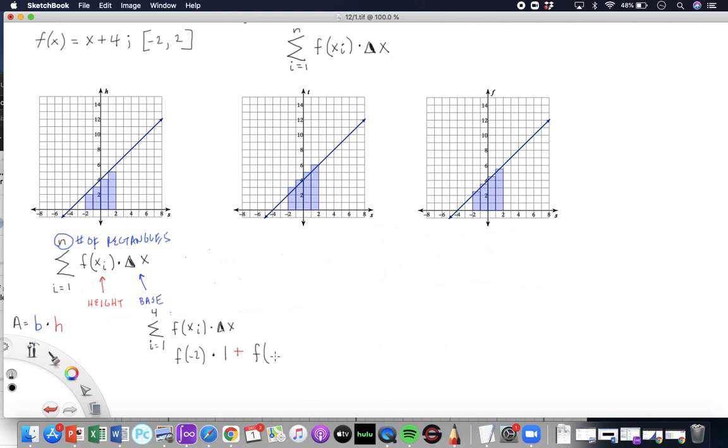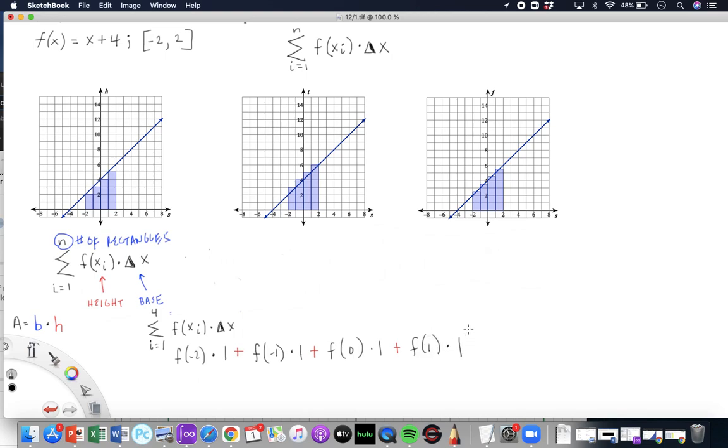Then we've got f of -1 times 1 again because the base is 1. And then again, I'll put the plus signs in red just so you can identify them. Then we have f of 0. Okay, that's another one of my rectangles. Again, these are just the heights, and we'll see in just a second what I'm talking about. And then we've got plus f of 1